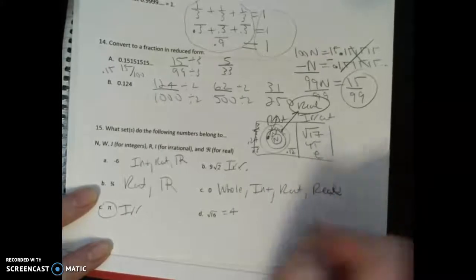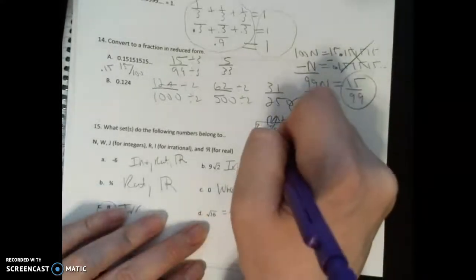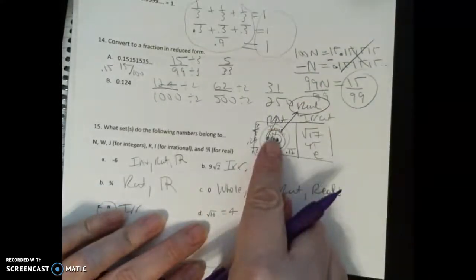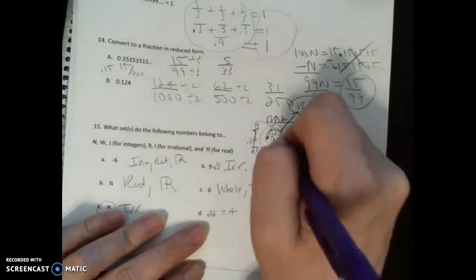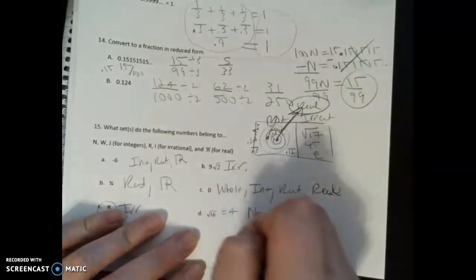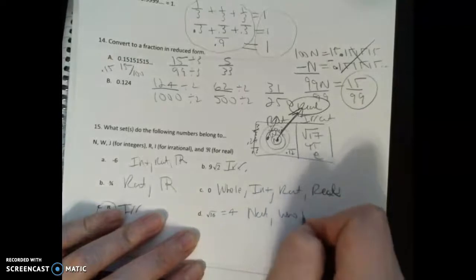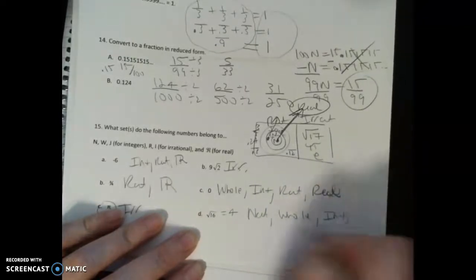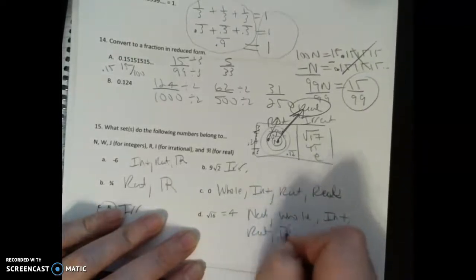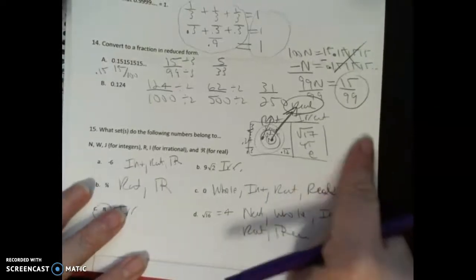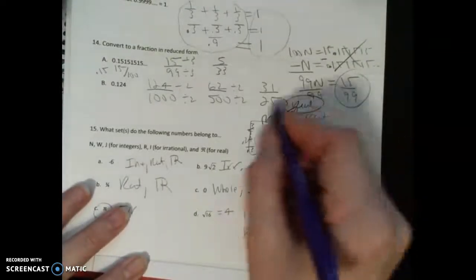All right, real. And then 4 is actually a natural number, like 1, 2, 3, 4, 5, 6, 7. So this belongs to everything on this side. So this is going to be natural, whole, integer, rational, and then real. Okay, there are imaginary numbers that are kind of like their own little universe, but this is kind of our